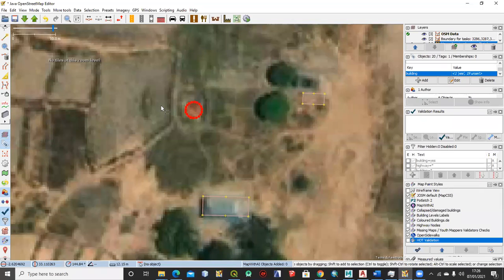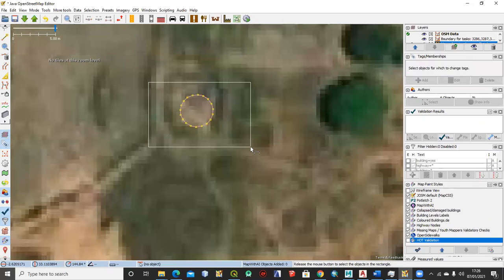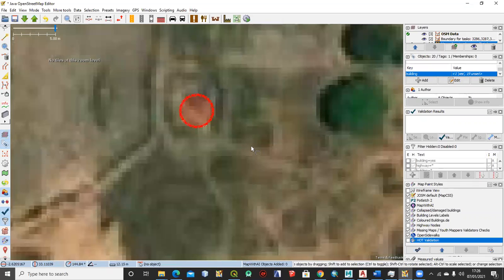So let's say when we need to remove this node here, it's denied. So you can't use the simplified area on